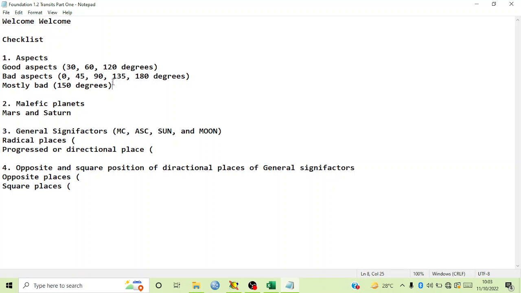If their interaction is good, it's sure that what is going to come out of there is going to be good. It's like what they say: bad company corrupts good morals. So even if there are two good planets, if their interaction or union is bad, ultimately bad is going to come out of it. Even if you're talking about Jupiter with Venus, two very good planets, but having an aspect of 90 degrees or 180 degrees or a 0 degree conjunction, it's surely going to be bad that comes out of it.